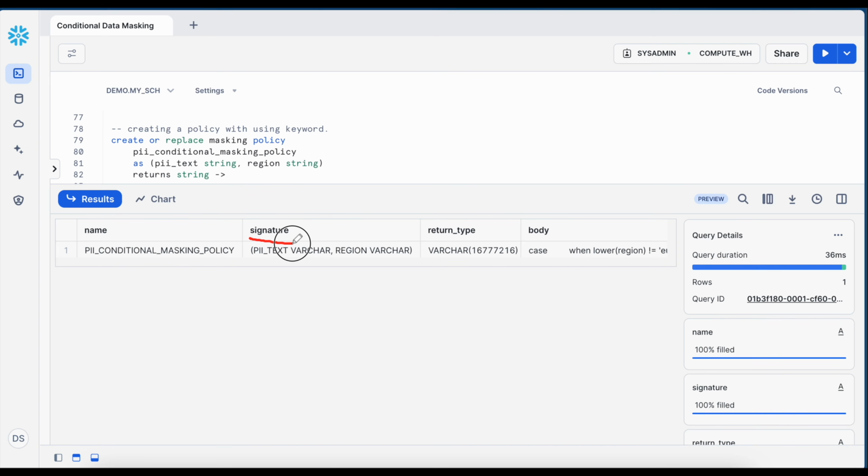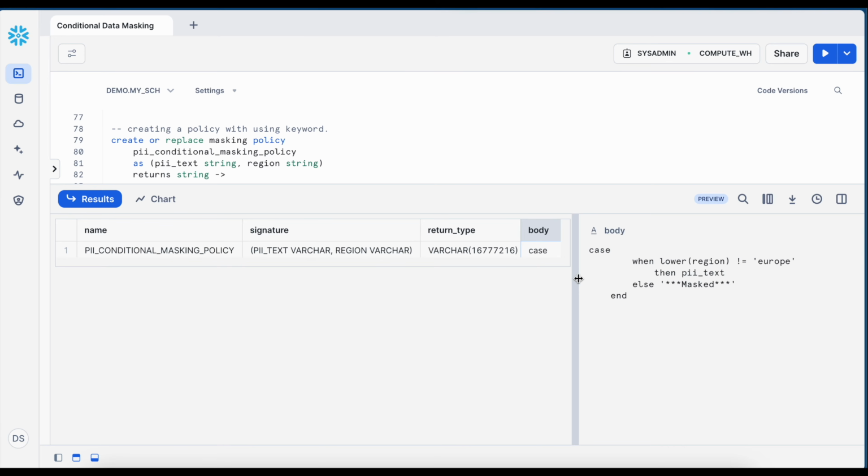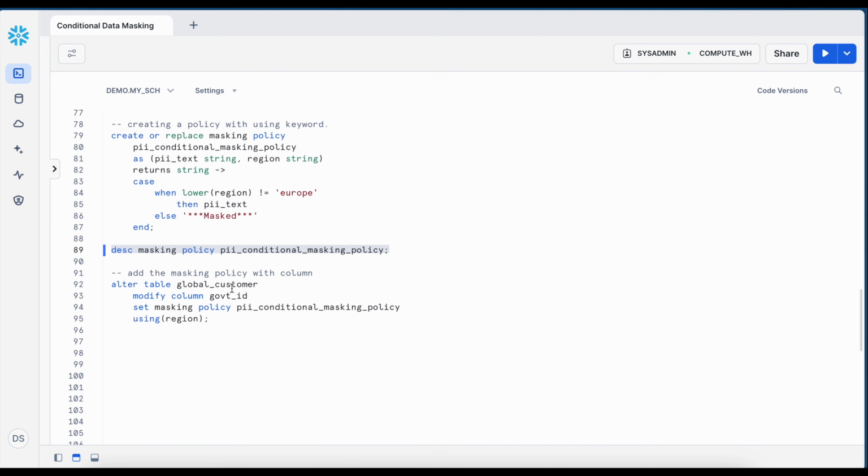If you look into the signature field, it takes PII varchar as well as region. Okay, and the return type is still the same masked column. And if I go to the body, my body has this region field used for the conditional masking. Looks good. Now once my conditional masking policy is created, I need to associate this masking policy with my government